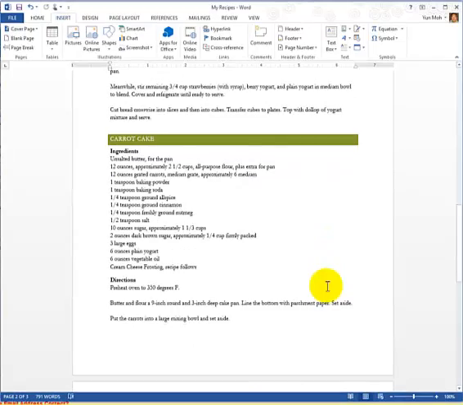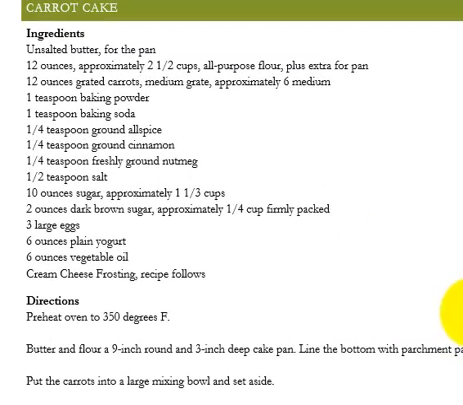I'm not sure why, but for whatever reason, let's say I want to put a bookmark right here. It's going to be Deep Cake Pen. So I put the insertion point there, then Insert, Bookmark, and I'm going to name it Deep Cake